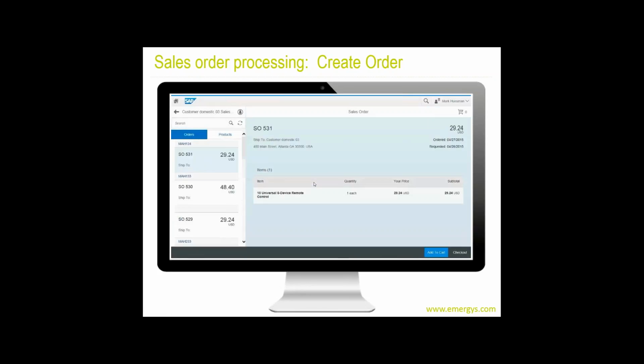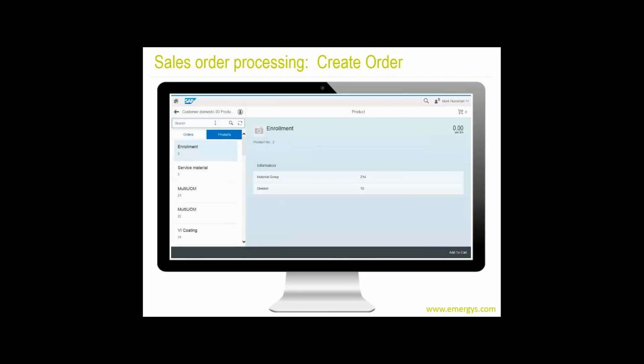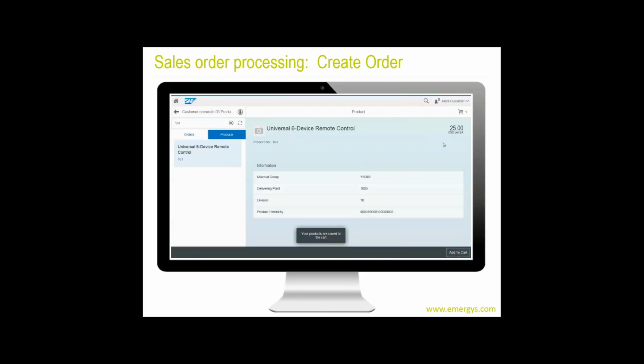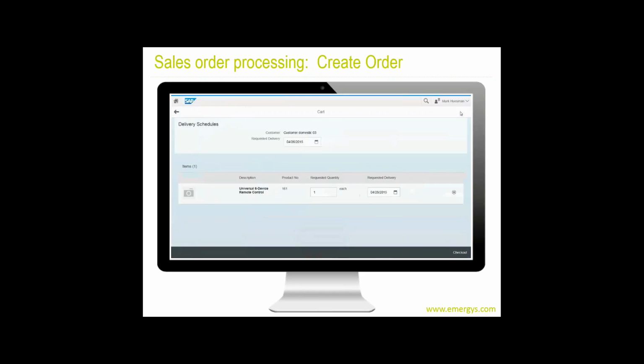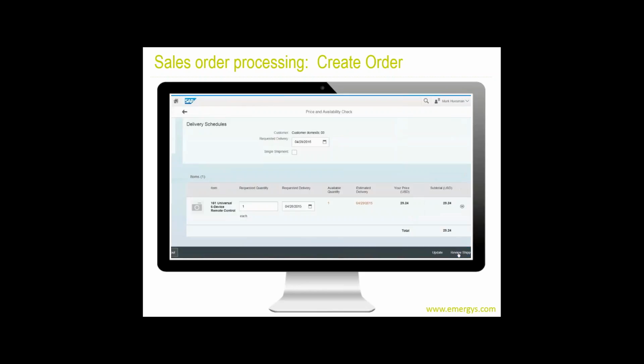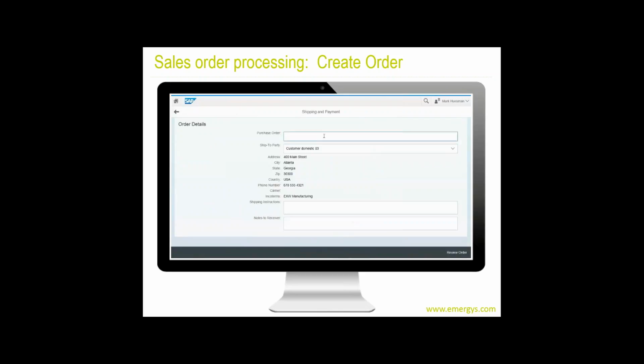through. So the first thing, we're tied to a specific customer, so we could change customers from the one identified at the top there, number 3. We can actually do searches for product. We have the ability to have images applied to these, and then it's very much like shopping on Amazon. You add it to the cart, you review the cart, do a checkout. You can change quantity, dates, those kind of things as you go through. You get to see the pricing.